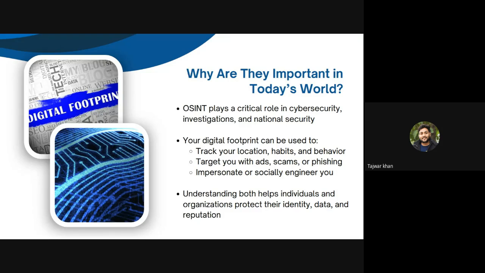Clear? So when we talk about open source intelligence, it plays an important role when we try to investigate something or find out someone. With the help of digital footprints, we can track someone's location and find out their behavior. I was discussing Instagram and everything.